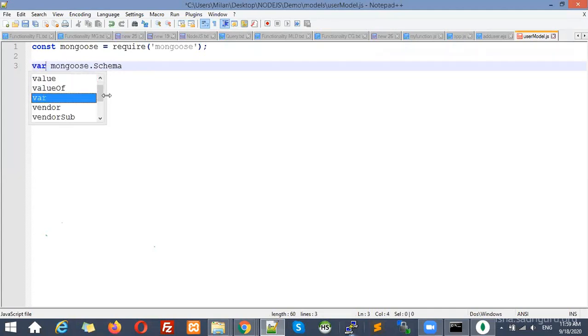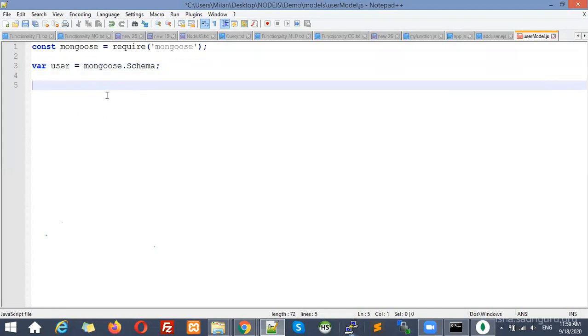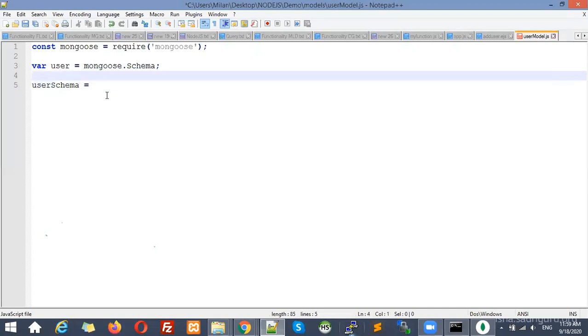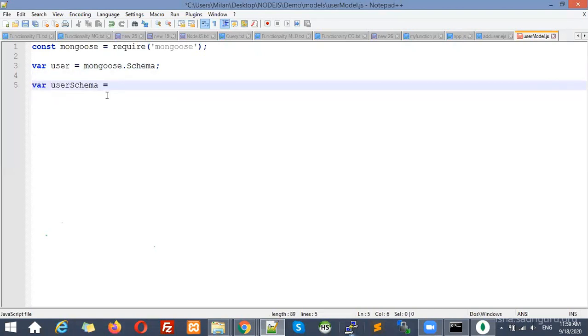You can use var or const. For example, user schema is equal to a new variable, and I'm going to create an object through this, new Schema.